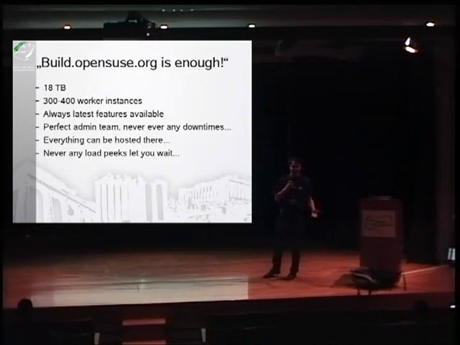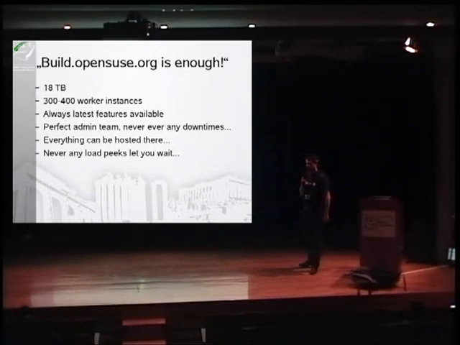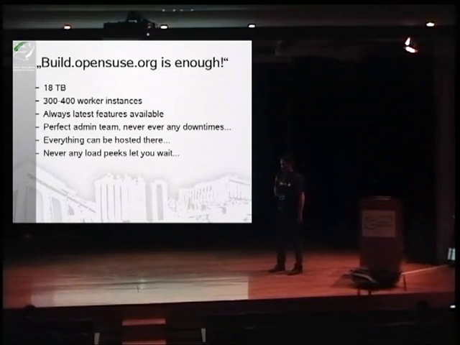Because we run the latest features, sometimes there are breakages. I can't remember a point in time where we had a loss of sources, and all the binaries are rebuildable, but sometimes it's not reachable. Most of the time it works. Our perfect admin team, well, it's hosted in a location where we don't have 24/7 support. So if it breaks down on the weekend, and many open source projects work heavily on the weekends, they may, in the worst case, need to wait until Monday. Usually someone is driving in and fixing it, but there's no promise for that.